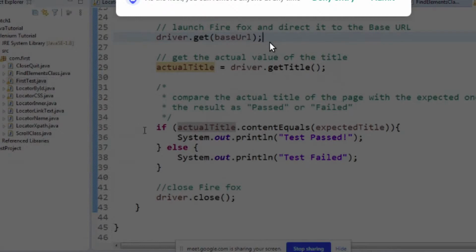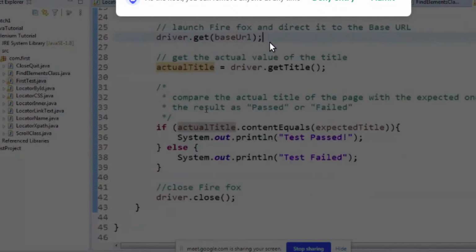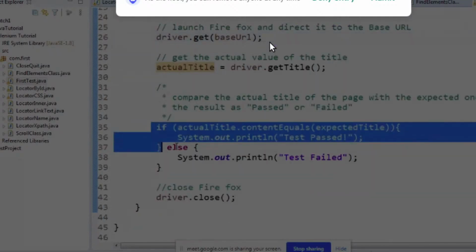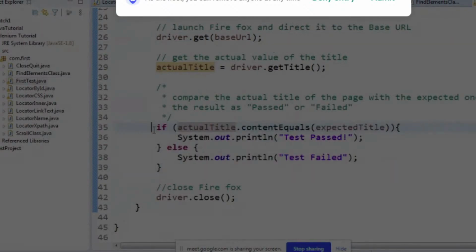After that, I am comparing both titles, whether the actual title is equal to my expected title or not. This is my expected title. I'm equating both strings. Then this is the if and else, the conditional statement in Java. Again, to write the scripts, you must at least know the basics of Java, so we are not getting into it.